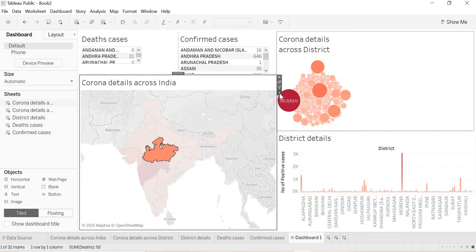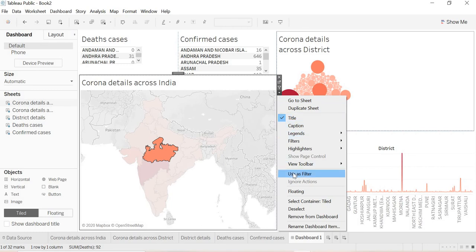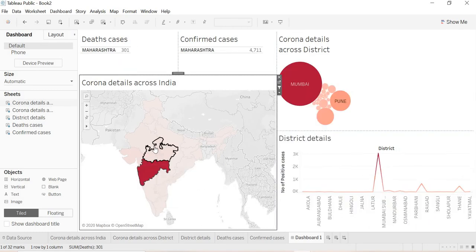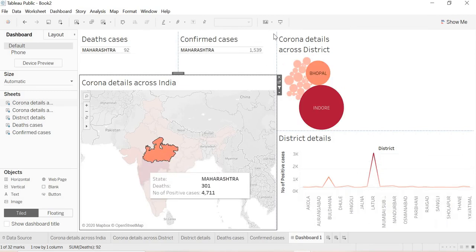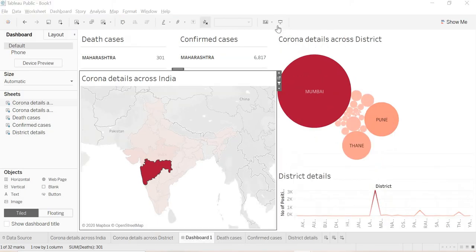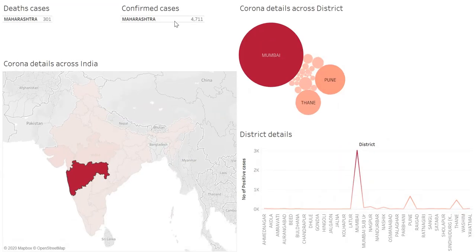Before that we have to click over here, Use as Filter, then we will get that result. Then we'll click over here on presentation mode. We got this result. We can do like this also for more visualization.